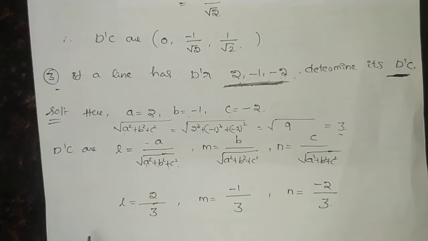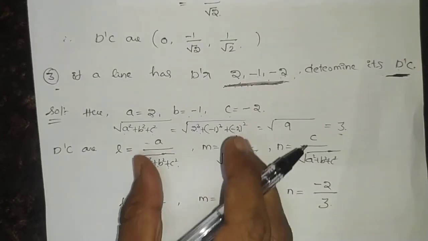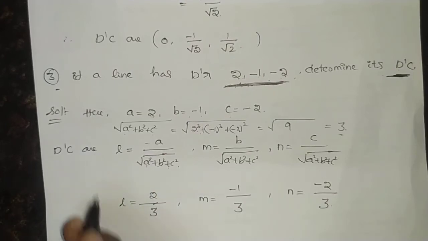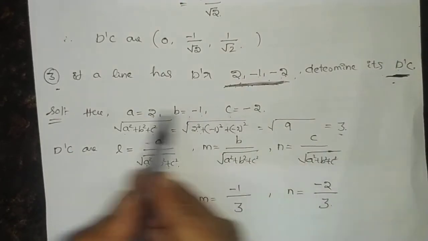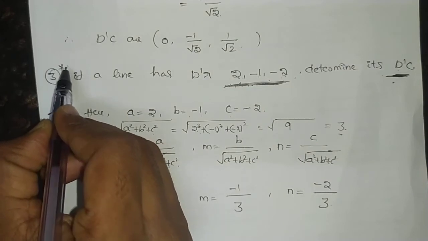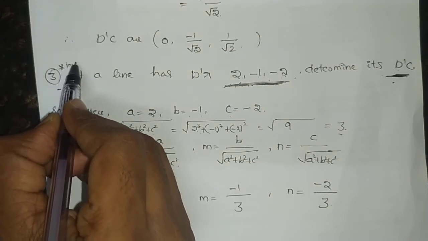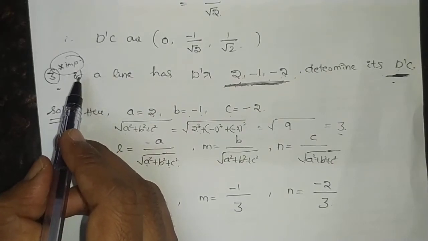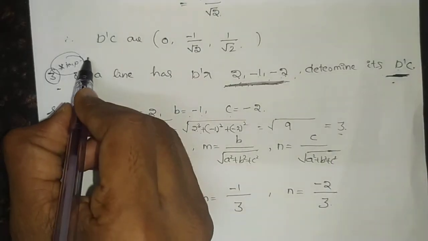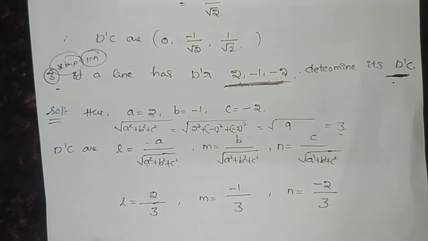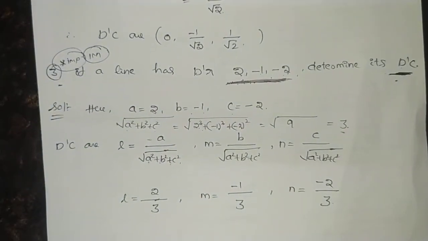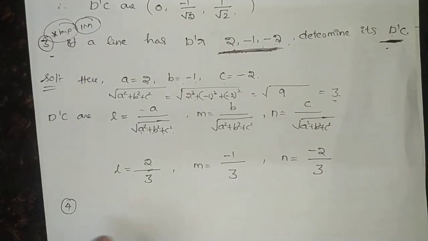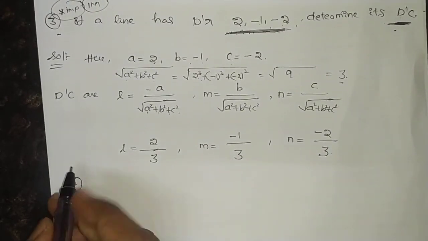Understand? It is the procedure to find the direction cosines of a line. Finding the direction cosines of a line is important. Kindly mark it as an important question. There is a possibility to ask these problems for 1 mark. Okay. Next question, that is homework for you. Kindly do that question at your home.